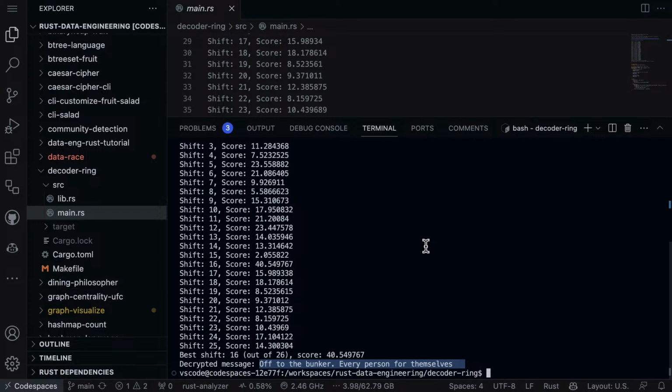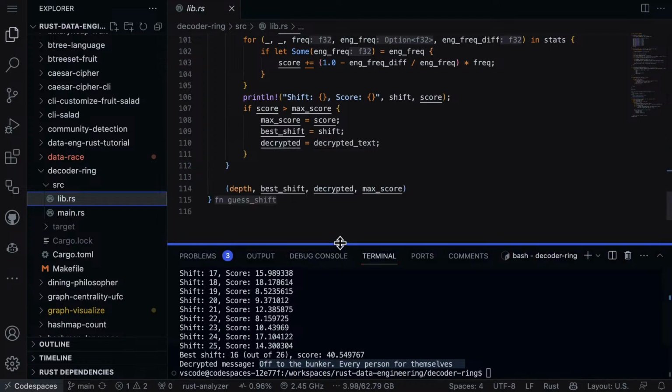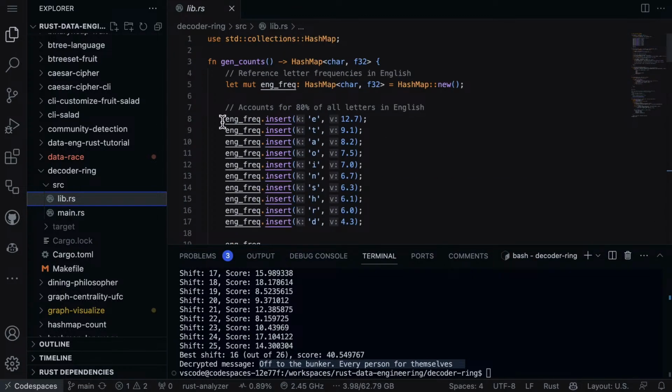So really, this is a great way to try out different ideas with ciphers and encryption: put it into a command line tool. And also, we know that one of the weaknesses of a cipher is the fact that it's vulnerable to this frequency attack, right? If you analyze the letters in a cipher for frequency, one of the giveaways is that the letter E is used 12.7% of the time. So you know that you can start to do these guesses and then actually calculate what the score is. And that's really the way to essentially decode the message using statistics. So kind of a fun exercise to play around with. And it was all made possible by the elegance of the